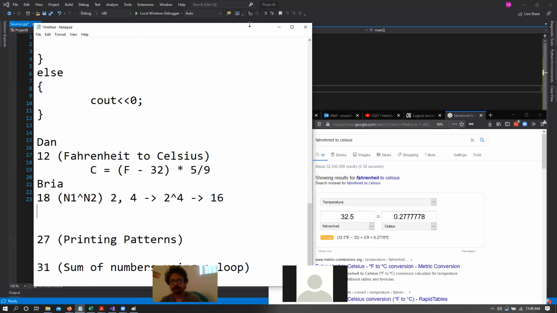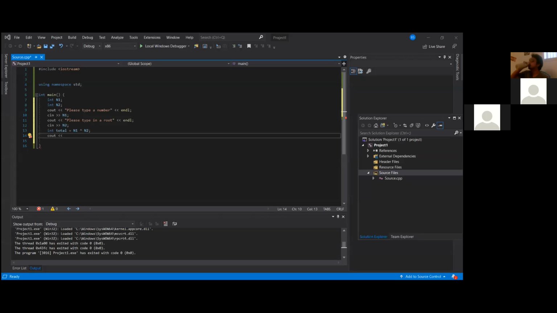Yeah. Sorry, I'll share my screen. Does everyone see the screen? Yes. Okay. So I kind of started working on it. Basically, what I did is I first declared the variables right here. So I did int n1 and int n2, and then I did